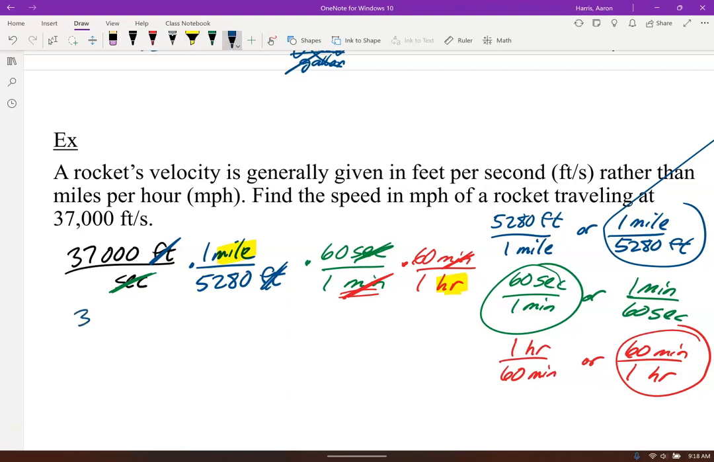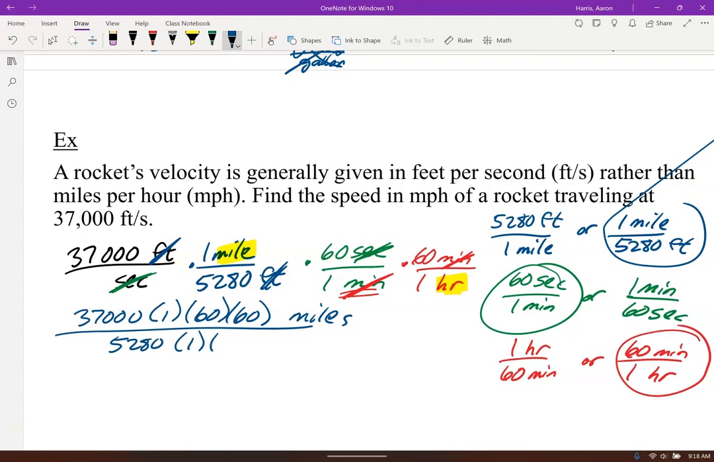So let's go ahead and write our answer. 37,000 times 1 times 60 times 60 miles per, and I've got 5280 times 1 times 1 miles per hour. So 37,000 times 60 times 60 gives us 133,200,000. So divided by that 5280, and I get